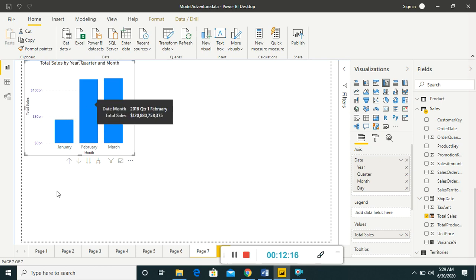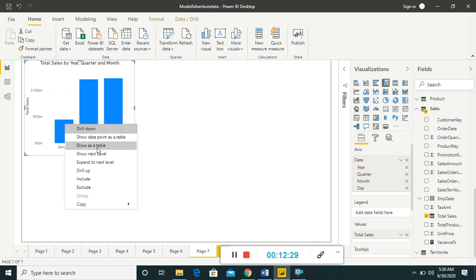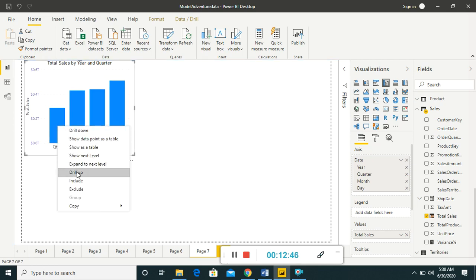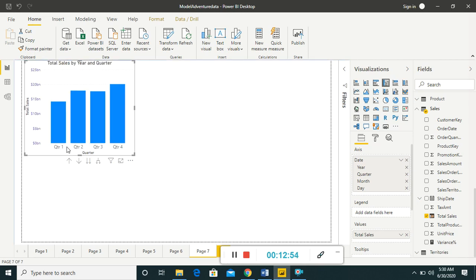So this is another way. Using the arrow you can apply drill down or drill up. Fine. If I want to roll up now, so drill up. If I want to further drill down, I can do this, but there is no need to go to that much detail. So now drill up, further drill up. In the same way, if I want to see here, drill down.